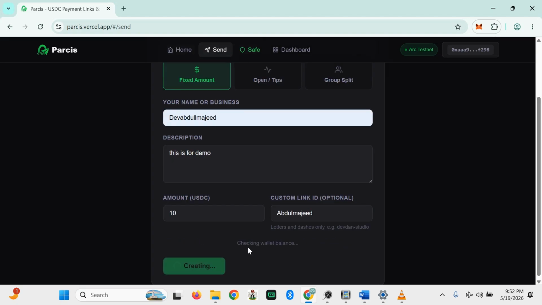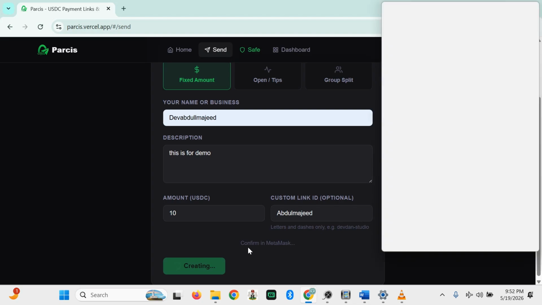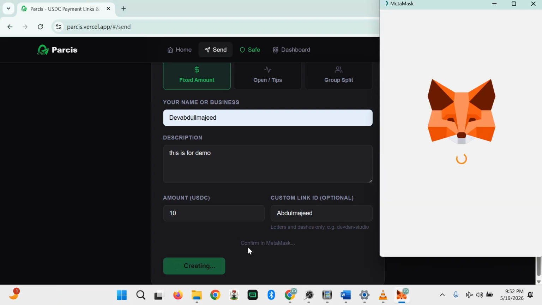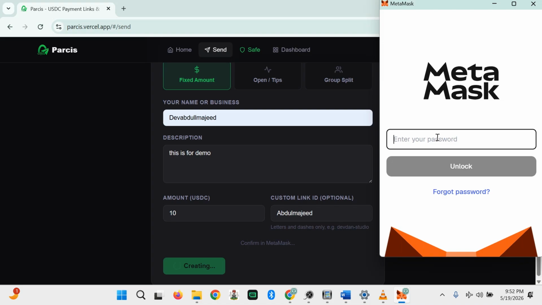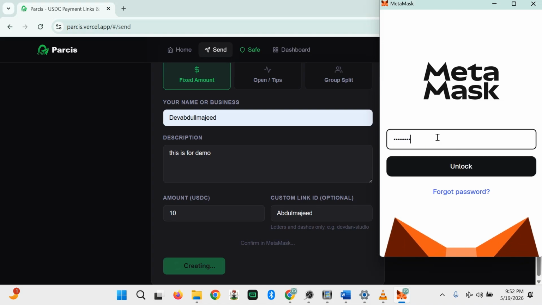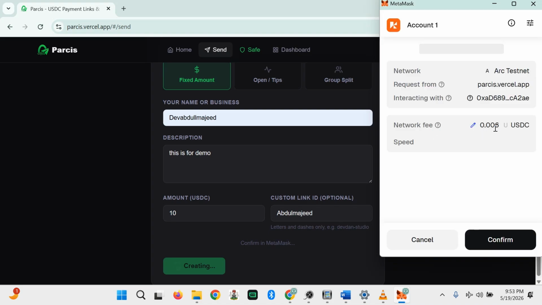One thing about the process is that we have a sponsorship smart contract. We will check your wallet first. If you don't have enough USDC to cover the fee, an admin wallet will sponsor the fee for you. Even if you are a new user, the fee is just 0.006, which is almost zero. If you are a new user and not familiar with gas fees or Web3 basics, you can just create a wallet, connect it to the Passes platform, and create a payment link. You get your payment link even if you don't have funds for the fee.